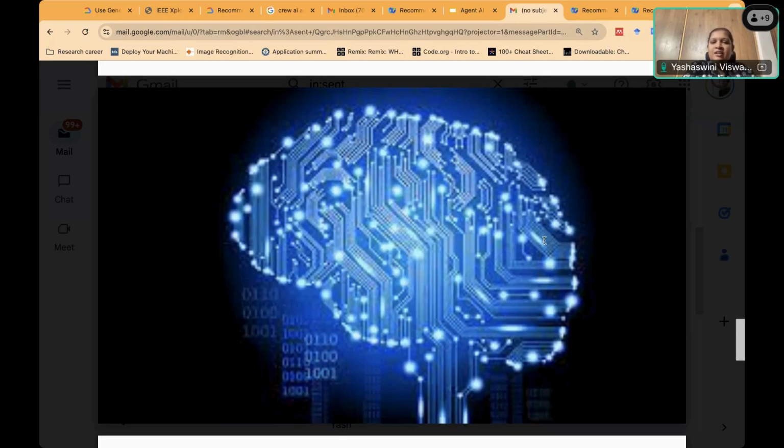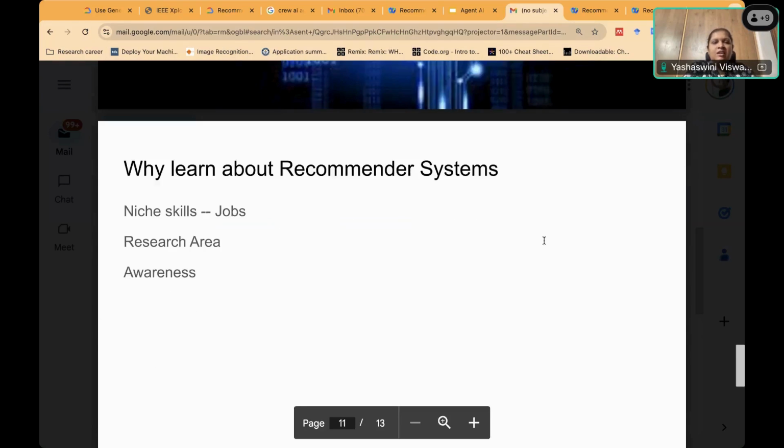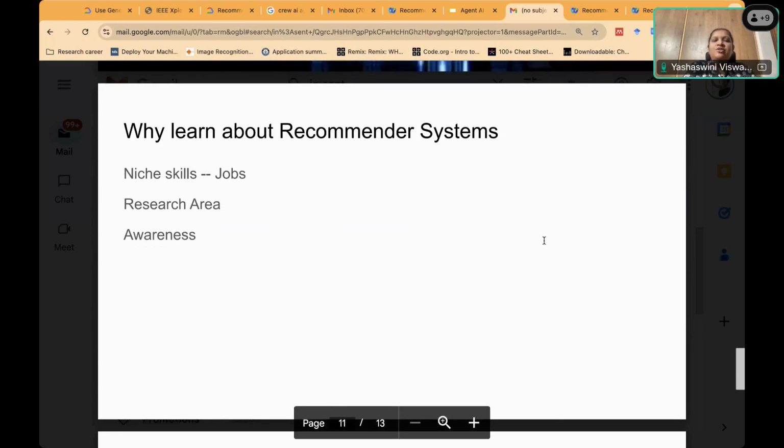Let us go ahead. So why should you learn about recommender systems? It's a niche skill. Not everybody understands recommender systems. Not everybody can work on recommender systems. So there are particular jobs which are for recommender systems, which require this niche skill.